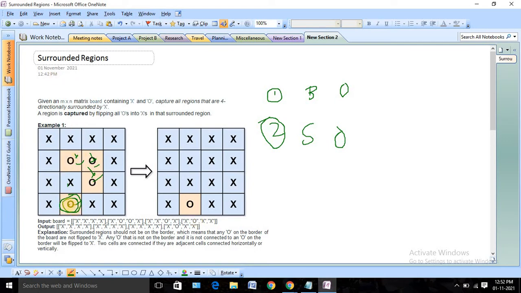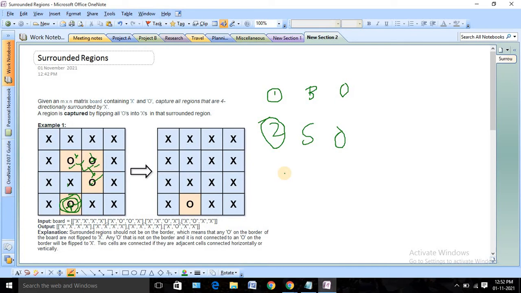After we change the border O to plus, we check whether any more O's are left with O value. If there are 3 more O's left here, we will easily flip them to X and we can return the answer.